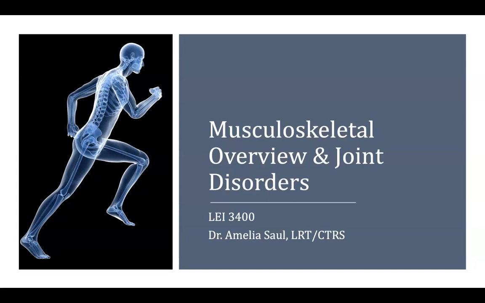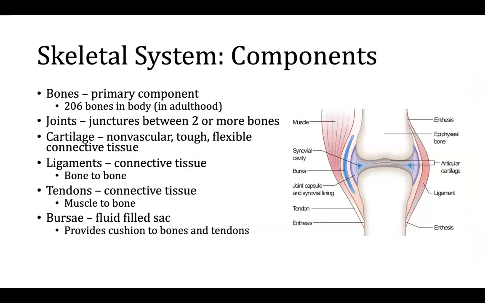So let's get started. Just a general overview of the skeletal system. The skeletal system is made up of bones, joints, cartilage, ligaments, tendons, and bursae. The bones are the primary component. That's what you think of when you think of your skeletal system. There are 206 bones in our body, and those make up a large component of our body. It's that structure that keeps us able to stand, to walk, to move, all of those